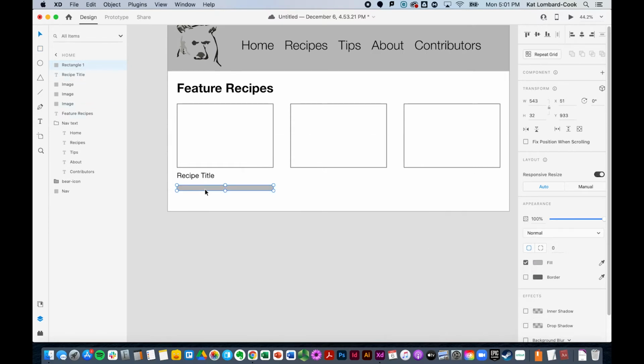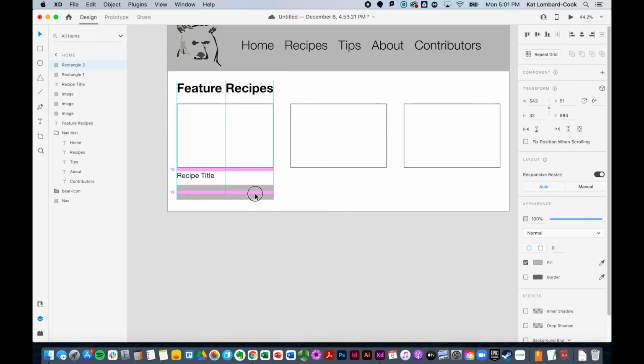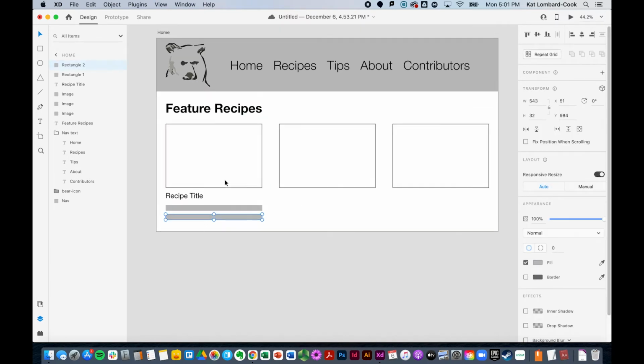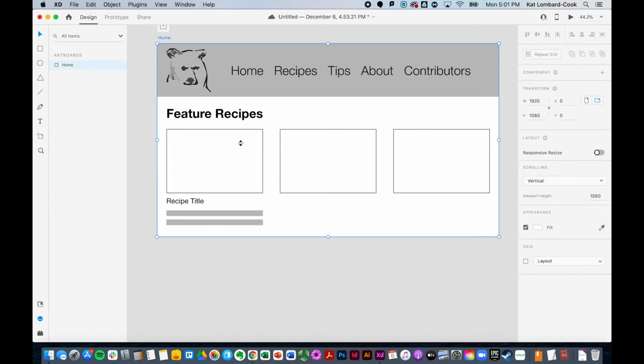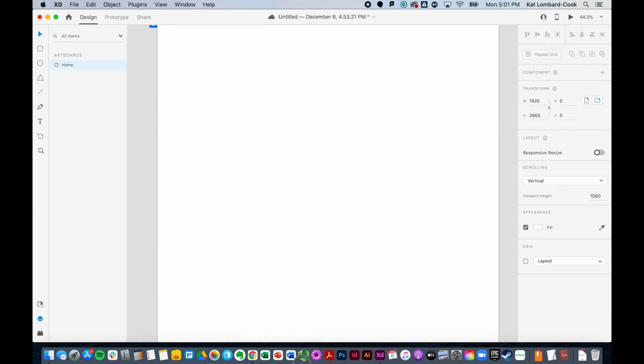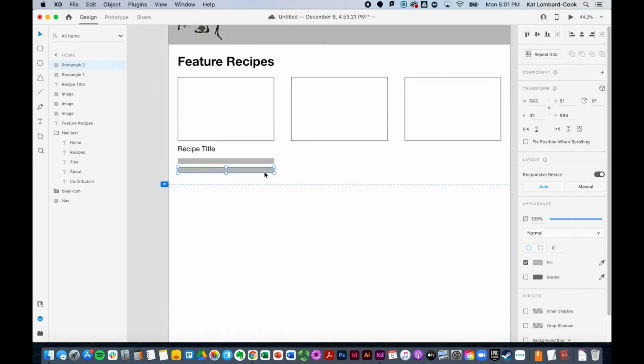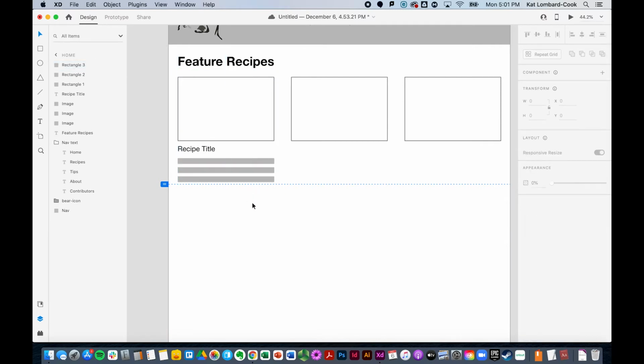And let's just assume we had like 3 layers of text underneath. And now I'm starting to get near the end of my page. I'm going to go ahead and just drag this down however long. I don't know how long it needs to be yet, but I'm just going to drag it down. And we'll make it shorter later. And I want 3 things of text. And then maybe a